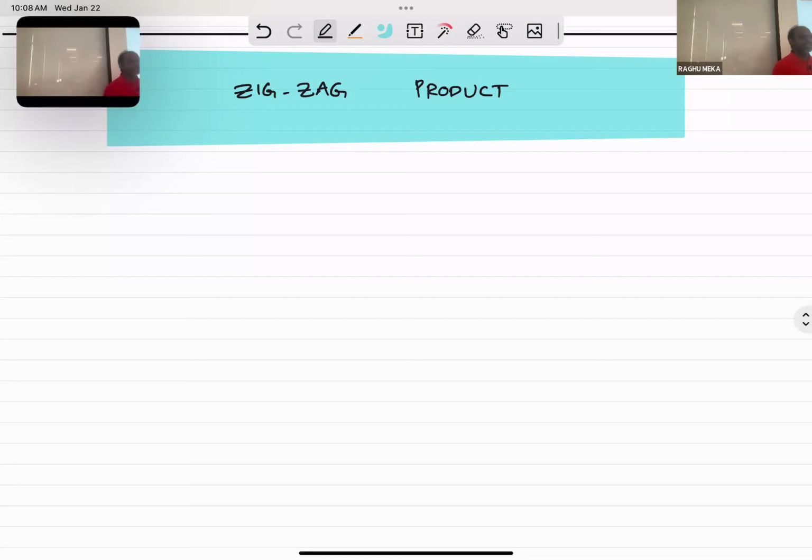So we need 2 graphs, and we will combine them to create a new graph in some way, right? We can do this operation under some consistency conditions, right? What does that mean? It's like saying if I have 2 matrices, I can only multiply them if the number of columns of the first matrix equals the number of rows of the second matrix. That's the only case where matrix multiplication is well defined. In the same way, zigzag product is well defined if you have some kind of consistency in the parameters. So let's say I have a graph G, which is an (N, D, lambda G) graph,